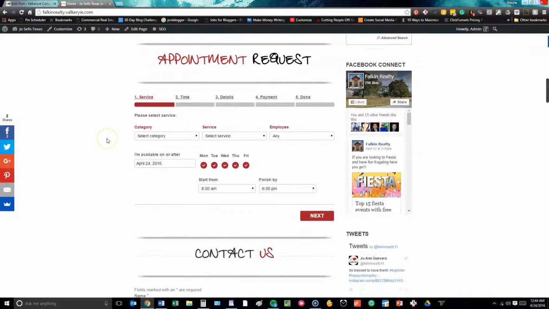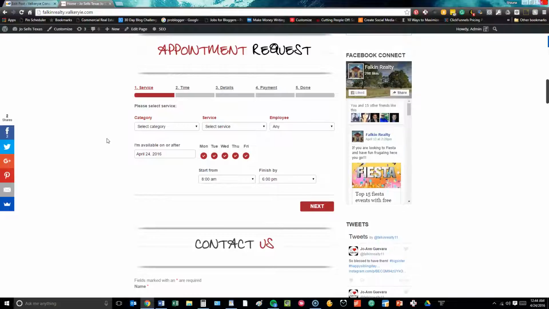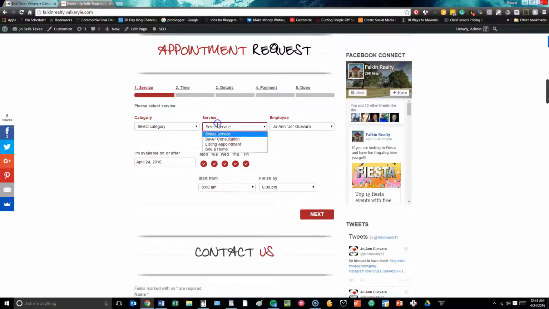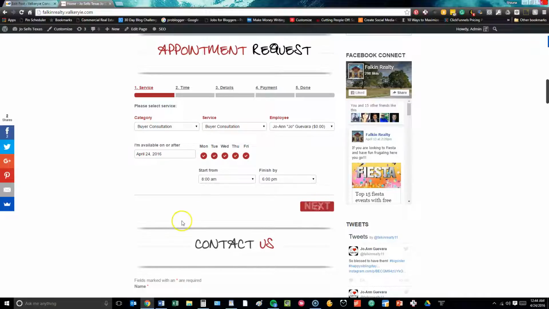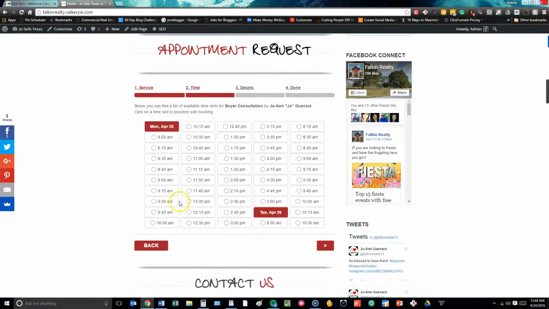Down here we have appointment requests. We used Bookly to complete this, so as you can see here, we configured it: buyer consultation, listing appointment, showing appointment, what they want to do, who they want to meet with, when they're available, and then somebody can go in and actually select a time based on synchronization with her Google Calendar,